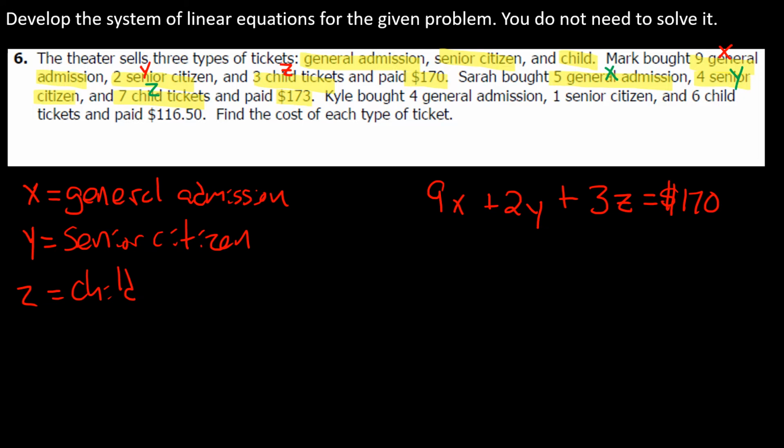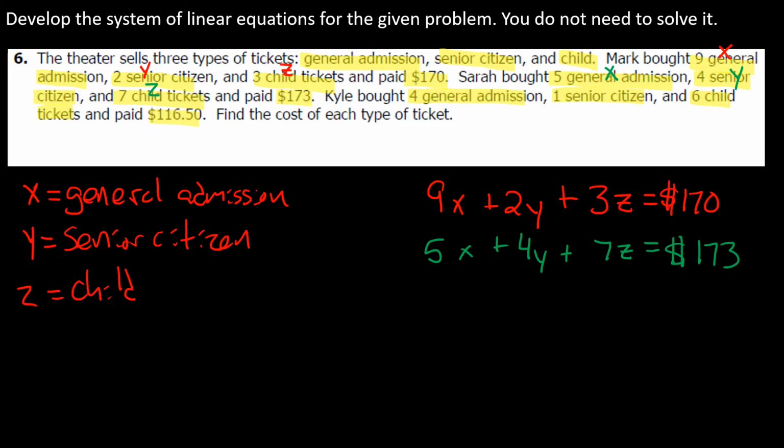So let's write that out as 5x plus 4y plus 7z, and that equals $173. And the last one here, Kyle bought 4 general, 1 senior citizen, and 6 child tickets and paid